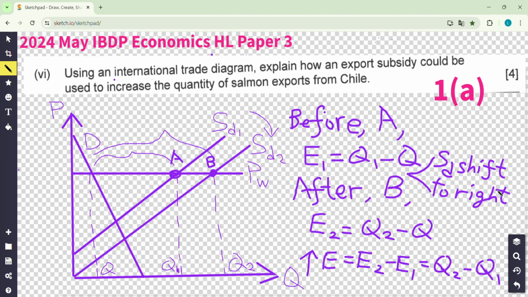Some keywords are important. International trade diagram means a horizontal world supply curve with the world price. And the other thing is the local domestic demand and supply curves. And then remember to label them A, B, Q, Q1, Q2, label them clearly. And then describe it clearly, especially in Paper 3, where sometimes there is more calculation. And I'm sure you will get perfect marks